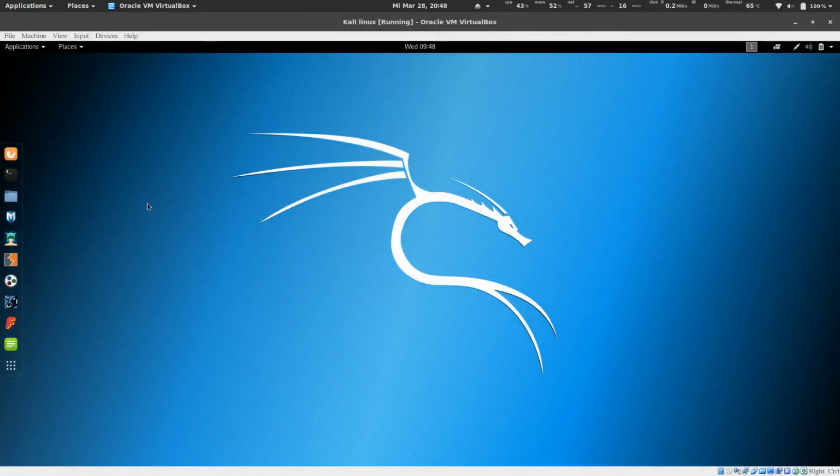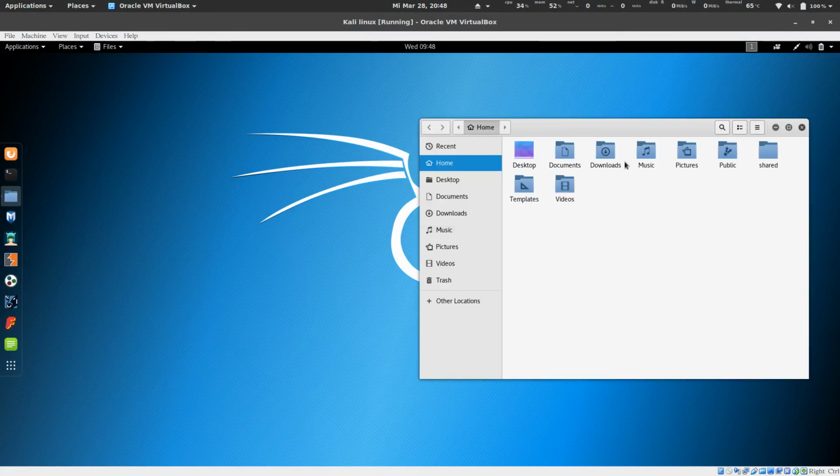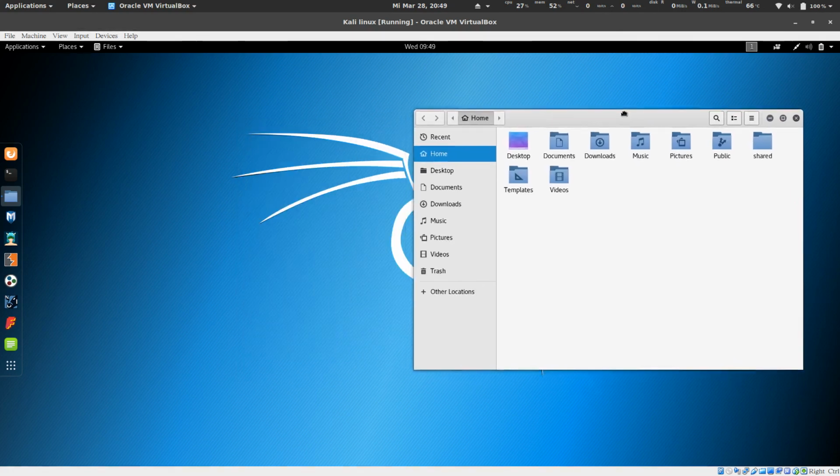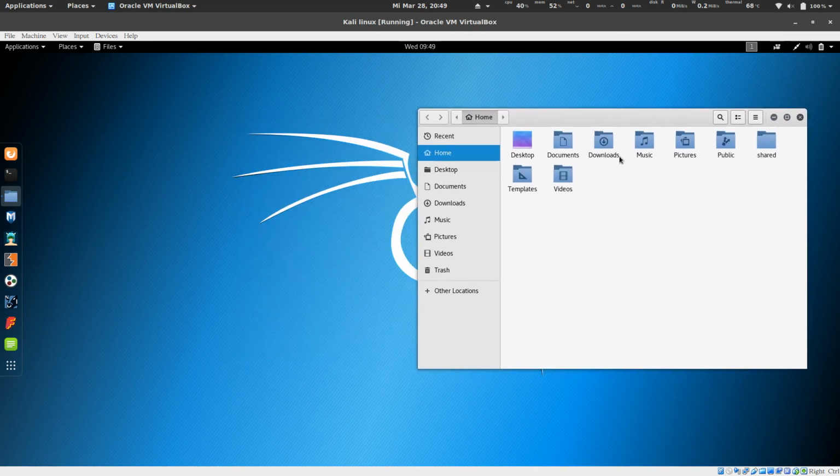Now we need to have a folder on Kali Linux as well to save those files. Now I created one here in the home directory of root and just called it shared, and we will use this folder. You can put it anywhere you want. I just like to have it here under home. Now we open another terminal